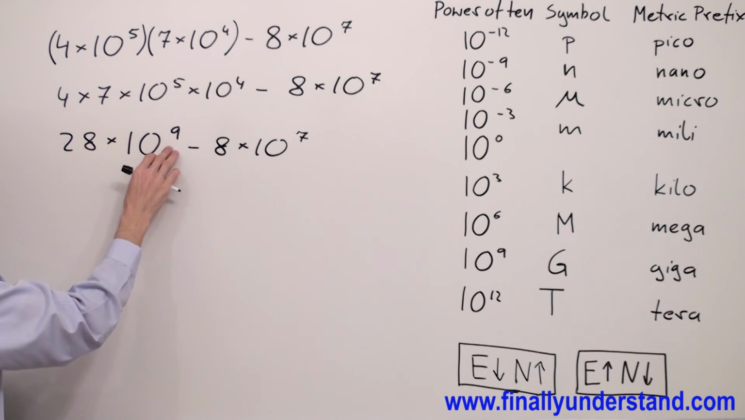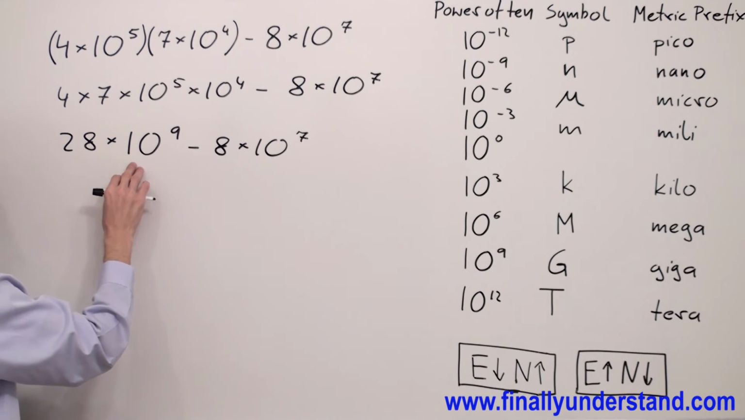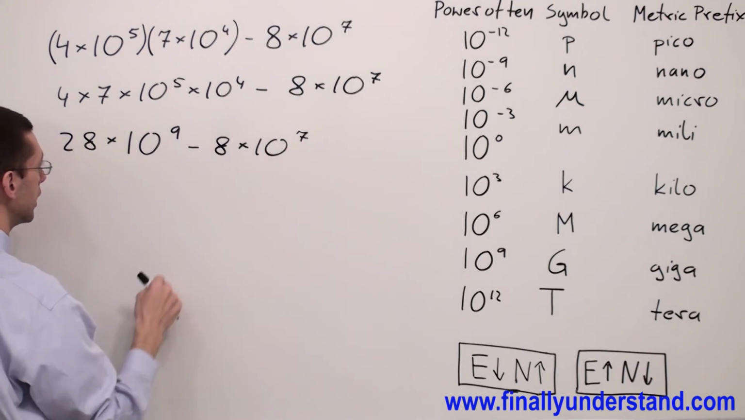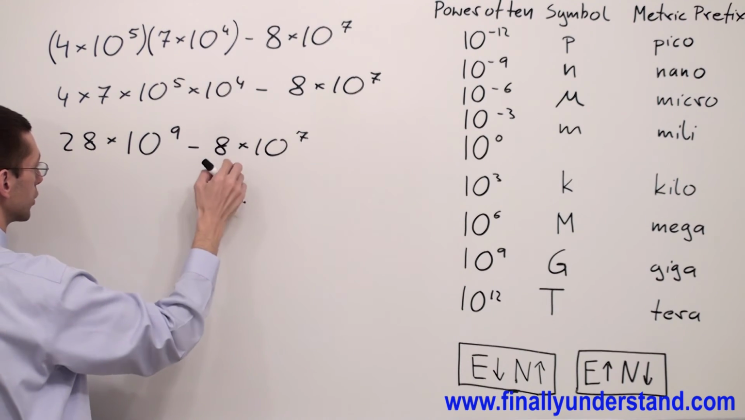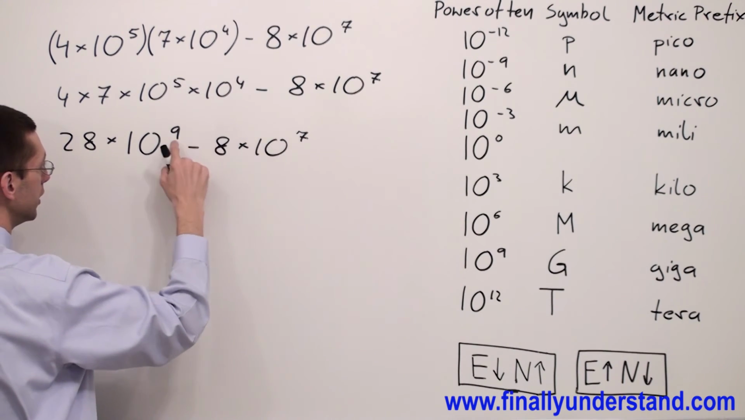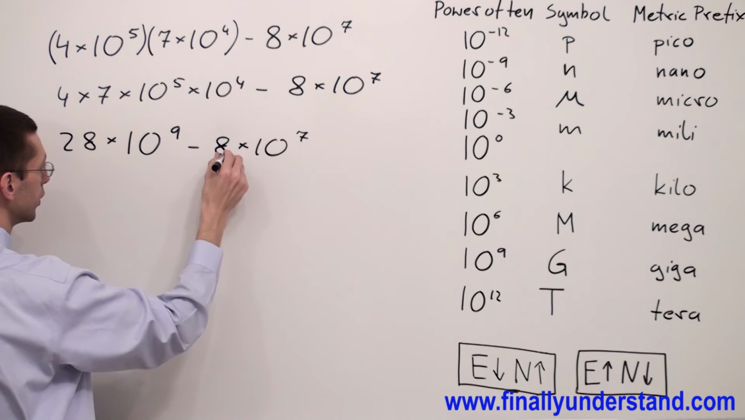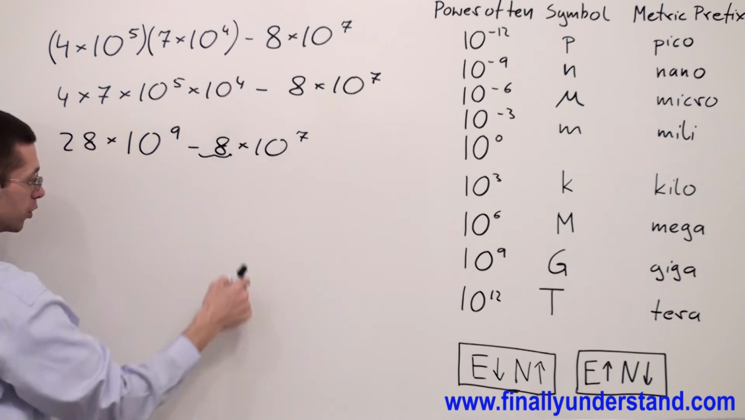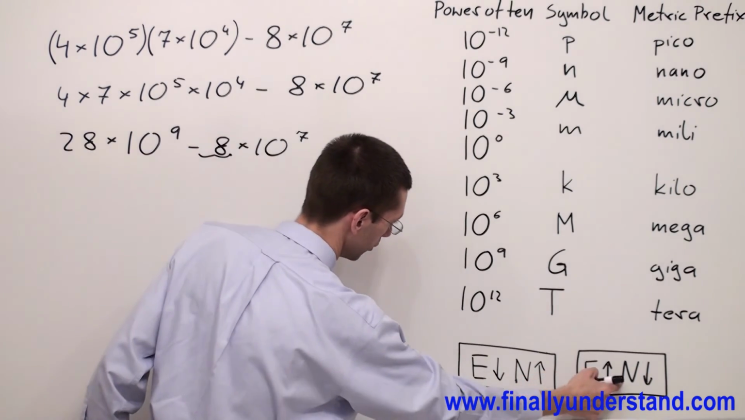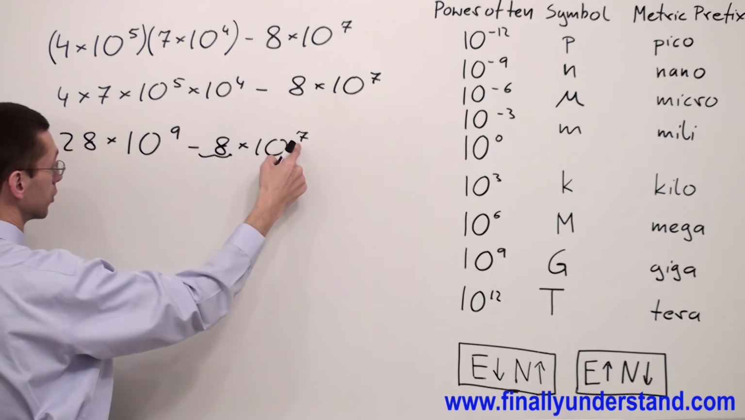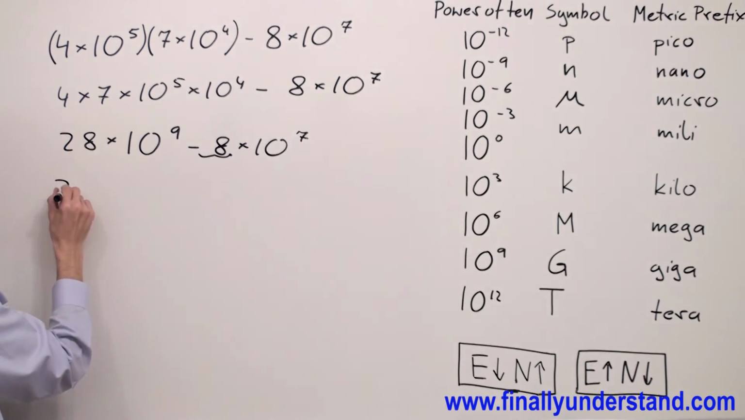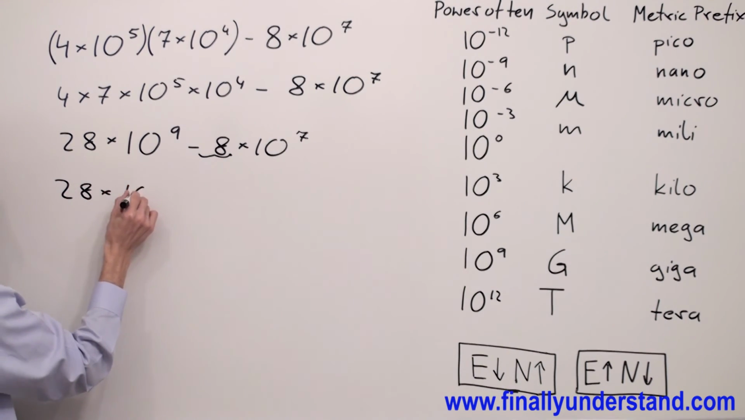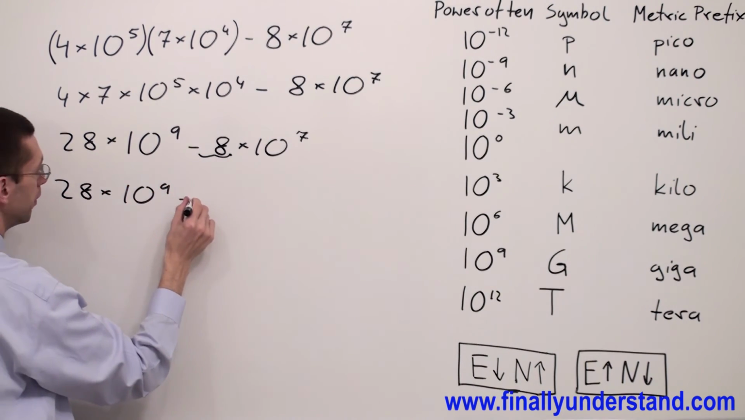I have 10 to 9. This is already engineering notation. That's why I'm going to convert 7 to 9 also. The exponent will go up, number has to go down. The difference between 9 and 7 is 2. That's why I have to move my decimal point twice to the left. Exponent goes up, number goes down. So if I want to convert this to 9, I have to move my decimal point twice to the left. And I'm going to have 28 times 10 to 9 minus